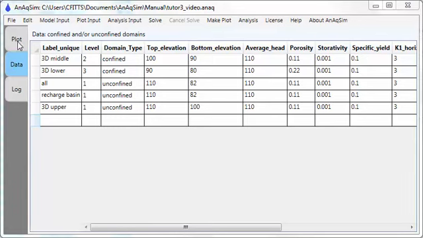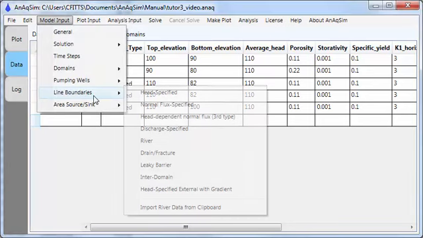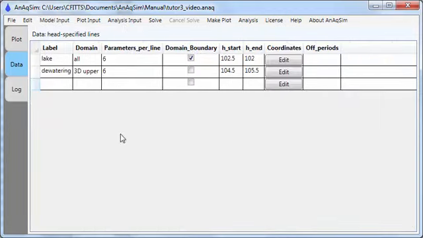The Data tab is one of 3 tabs in AnAqSim's user interface here, and it contains tables of data that you edit that are part of the input to AnAqSim. And you get at those tables under these menus: Model Input, Plot Input, and Analysis Input. Let's choose a fairly simple table, line boundaries, head specified,